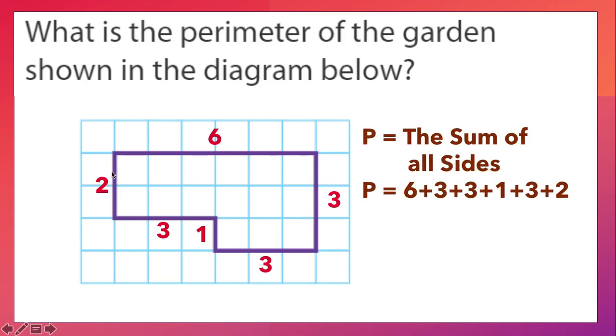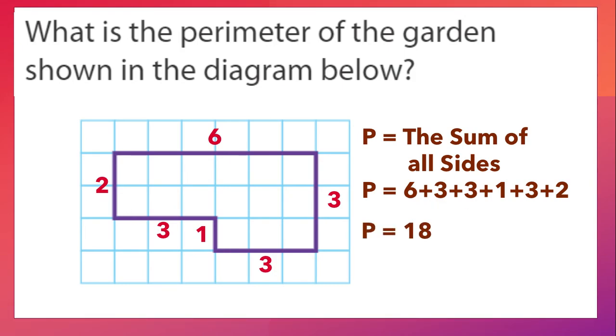You would write a number sentence to do 6 plus 3 plus 3 plus 1 plus 3 plus 2, which would give you 18 feet. Because we know what the unit of measurement is, we would say feet instead of units. Units is when you do not have a key to represent what you're using or the word problem does not tell you. So remember again, if the number sentence is too long, you can easily go 1, 2, 3, 4,